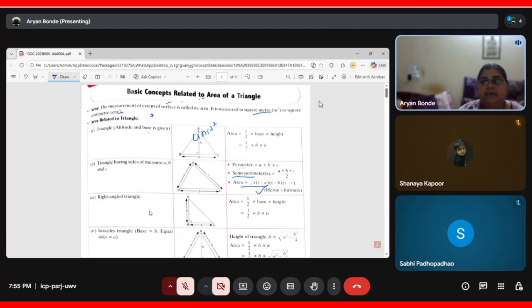Then the third type is the right angle triangle. Suppose the given triangle is a right angle triangle. What is a right angle triangle? One angle is 90 degrees. Such a type of triangle is known as a right angle triangle. So in this case also, we use the same formula as the first one. Now here in the